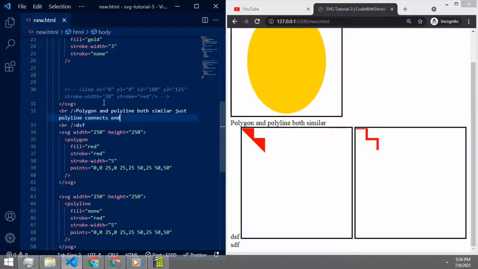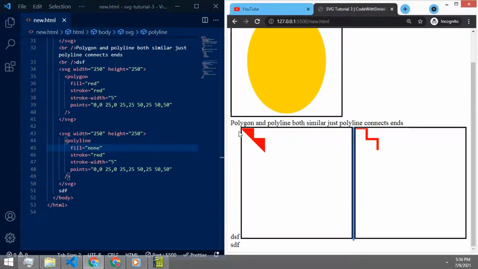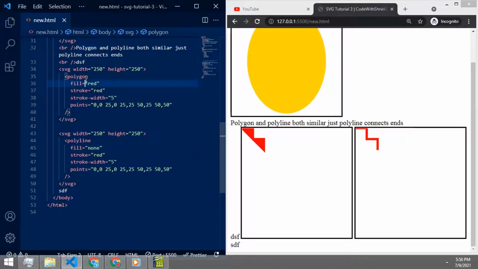But in polyline, it does not connect automatically. It needs to be connected by ourselves. There is only one difference, which is that. Otherwise polyline and polygon are similar in everything.